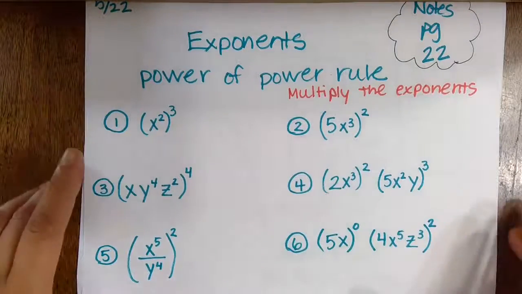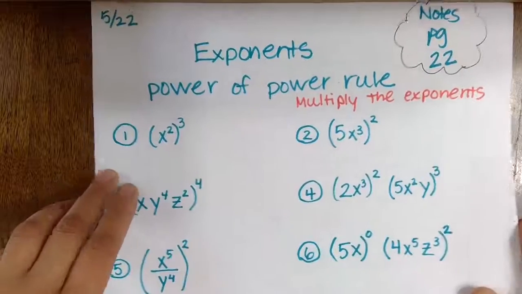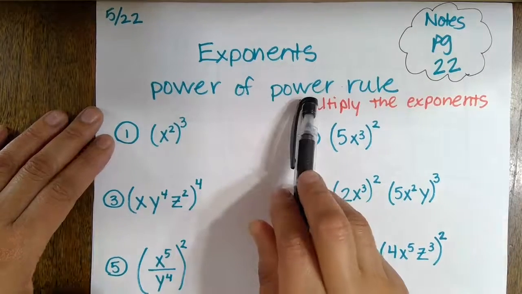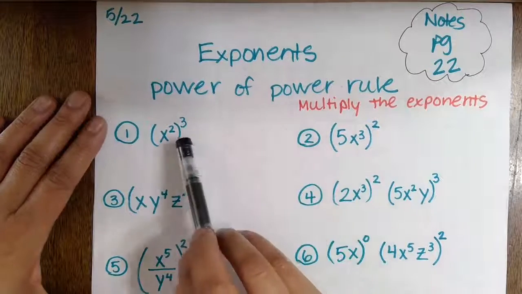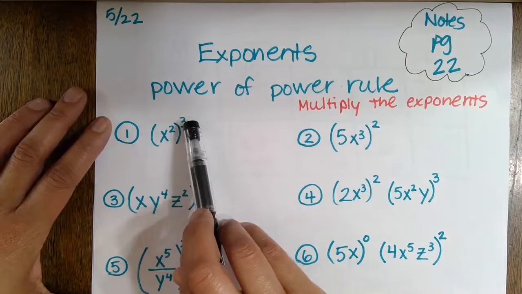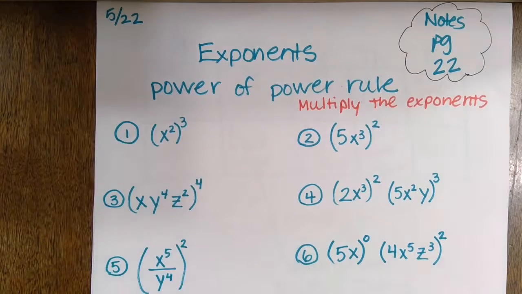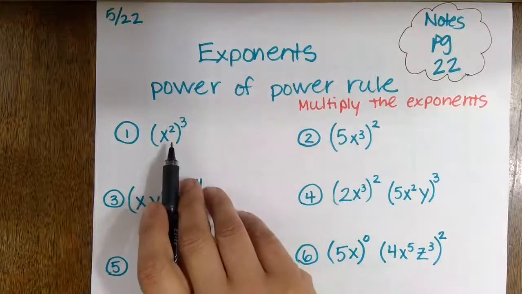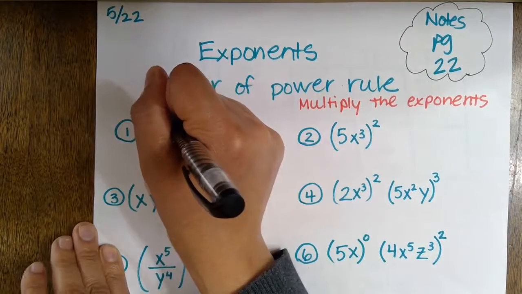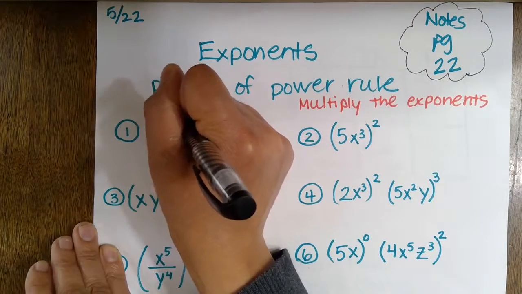So last class or two classes ago, we did a little bit with exponents. This is a different rule that's actually really common and students tend to confuse a lot. So in this rule, it's power of a power. The reason it's called power of a power is because you have one power or the exponent raised to another power. What that means is this is x squared cubed. Write that down. So x squared